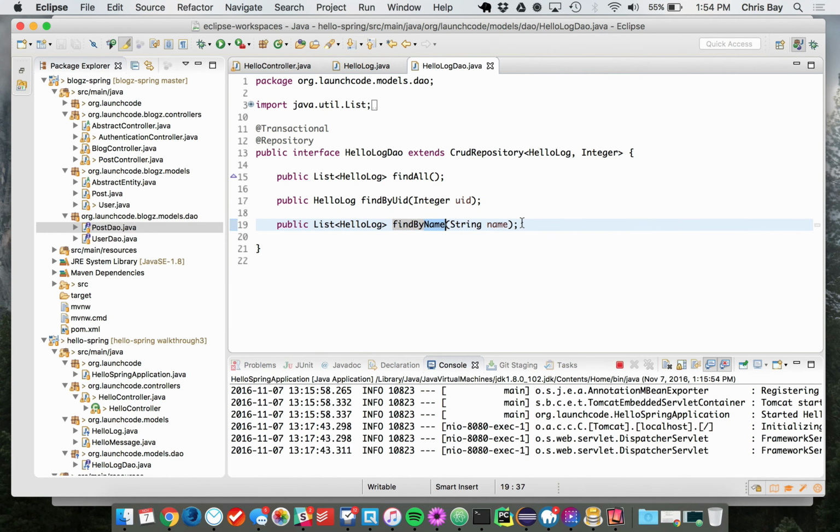Okay, so I'm not going to need this one. I just did that for demonstration. Let me take it out. Great. One last piece before I can actually use this repository. I need to